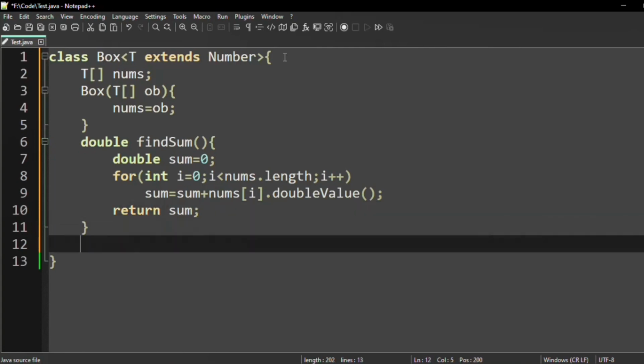So now we will define another method, that is equalSum, and the return type of the equalSum method is either true or false. That's why we are writing boolean equalSum. Then it is going to take a Box object, or we can say it is going to take any Box object. So we can write Box and any Box object, that means